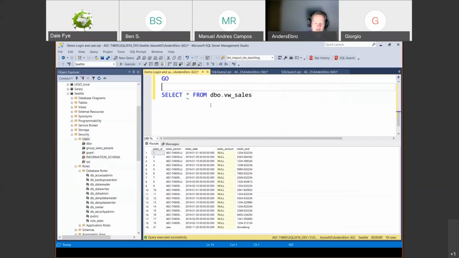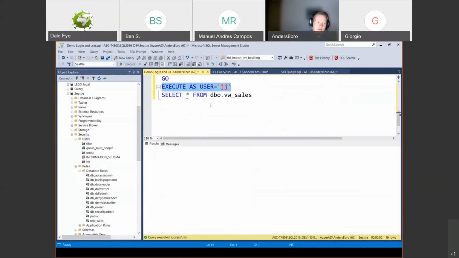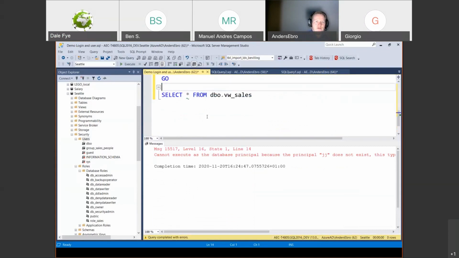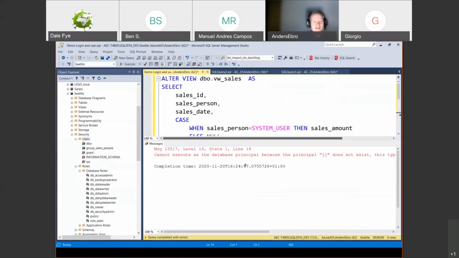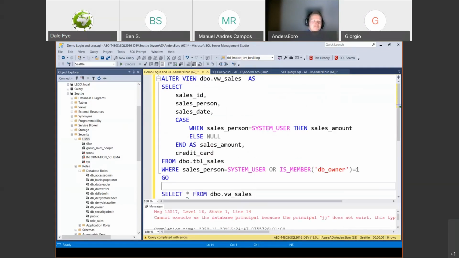So let's try to do this, execute as user equal JJ. I think I deleted that user. Anyway. Yeah, no, that's what I was. That's kind of what I was thinking, was to use a case statement in the credit card, along with the credit card, and say if the